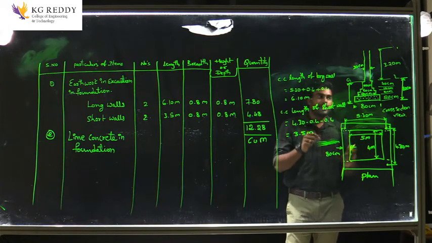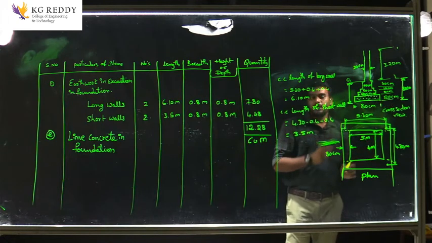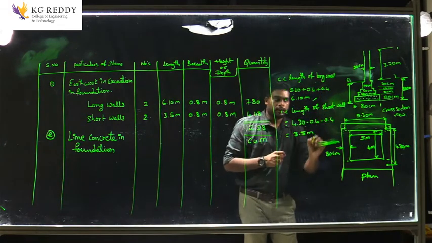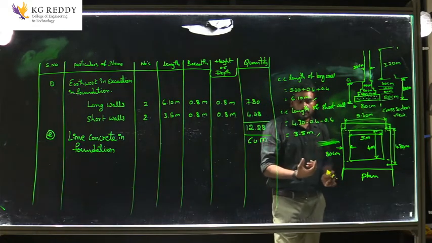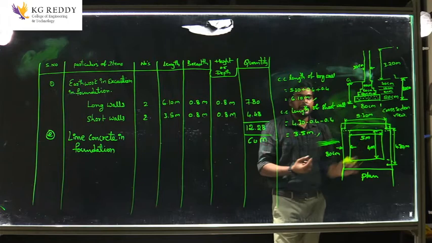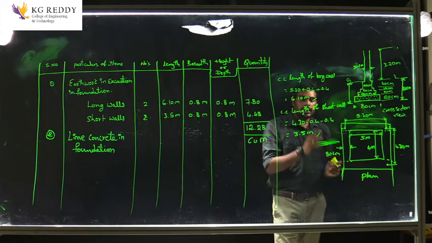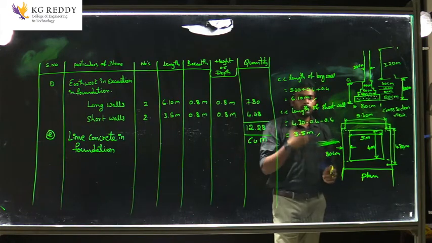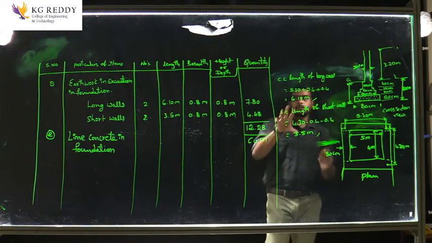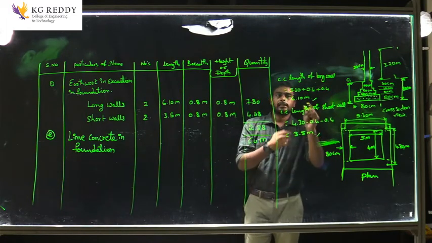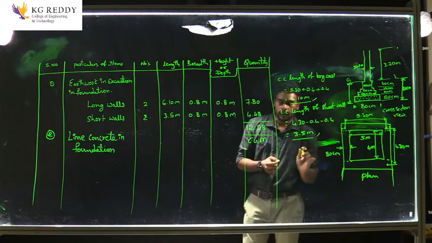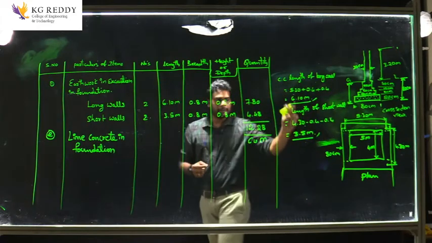So the height of the lime concrete is given in meters. If you calculate the lime concrete foundation in the long wall, we get the same calculation, and for the short wall also the same calculation. Why? Because the length of the excavation and the length of the lime concrete are the same. So we get the same values in the lime concrete. We don't want to do it once again, that's why I already explained this one. So we will consider the total length of the lime concrete in the long wall and the total length of the lime concrete in the short wall.